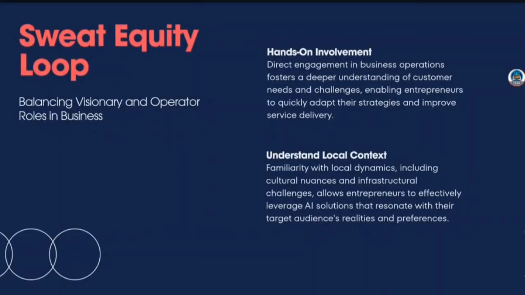Lastly, the founder's gift. It is called sweat equity loop. This is where you balance visionary and operator roles in business. These are two things. The person with the vision is different from the person with the role. You can't hire people to care about your dream more than you do. So AI will not just handle your business for you. We know you need to create a balance loop. You need to create speed to revenue tactics. You need to be hands-on on signal to innovation.